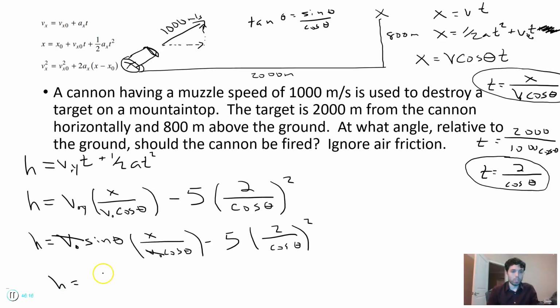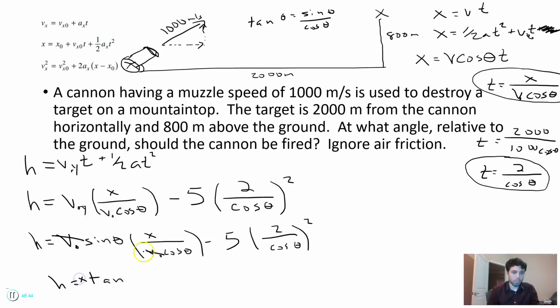H equals, and again, this is something you just need to know, right? It's called a trigonometric identity. Hopefully you've heard that term before in geometry class or Algebra 2. I don't know, but it's a thing. So Google it if you're interested in it. Trigonometry has lots of stuff with triangles, and there's lots of different identities, and that's just one of the more basic ones. So I can replace this sine over cosine with tangent. So tangent of theta,